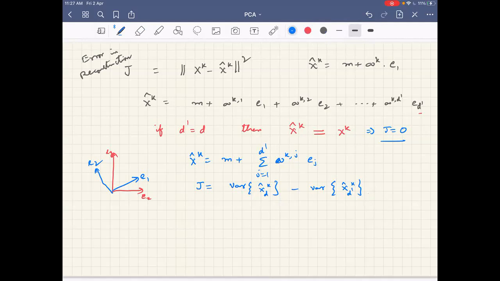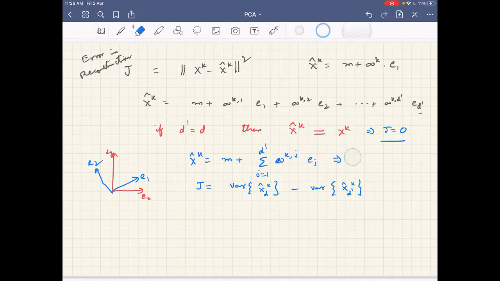Essentially, in the first case I'm projecting onto all d dimensions. In the second case we project onto only d dash dimensions. The variance, what we have seen here, I can rewrite as xk minus m is equal to,